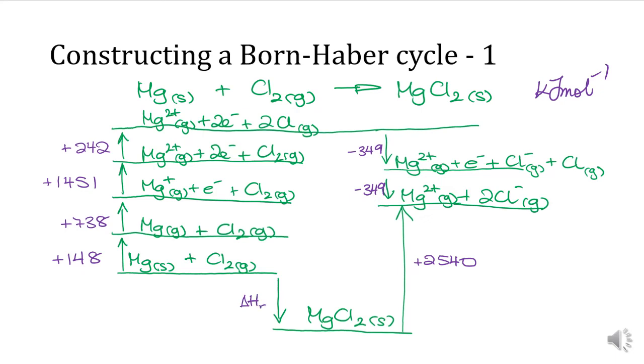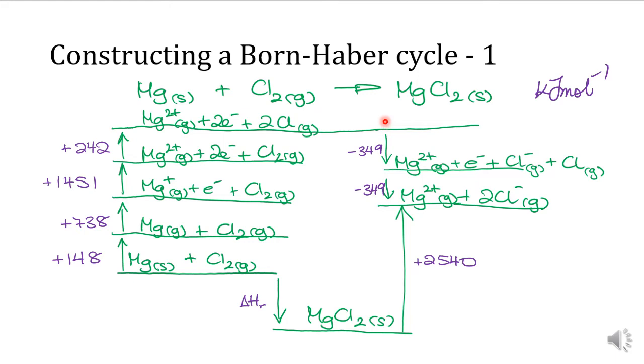So what you do is you literally, just like we followed the arrows when we looked at the diagram versions of Hess cycles, you follow this around. So, and I'm literally going to type it into my calculator as I'm going. I start with plus 148 plus 738 plus 1451 plus 242